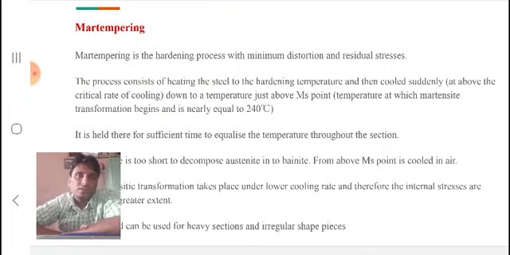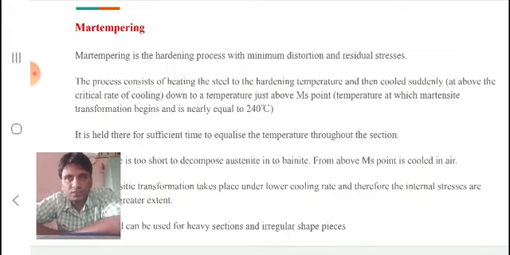So by transforming the entire austenite into martensite at this temperature, almost all the austenite will get transformed into martensite, and the thermal stresses and distortions developed in the steel will be all